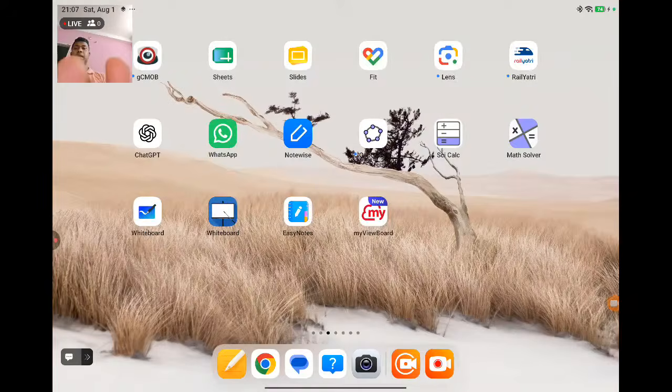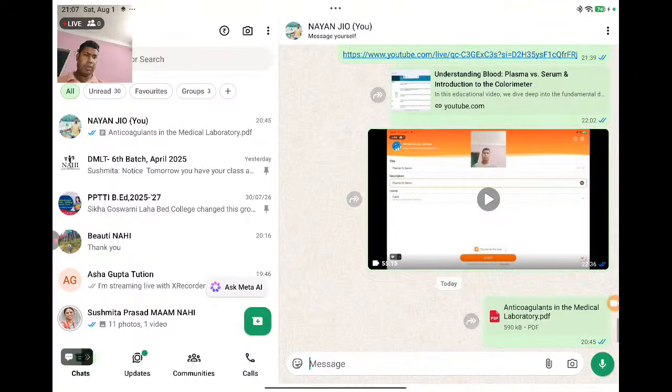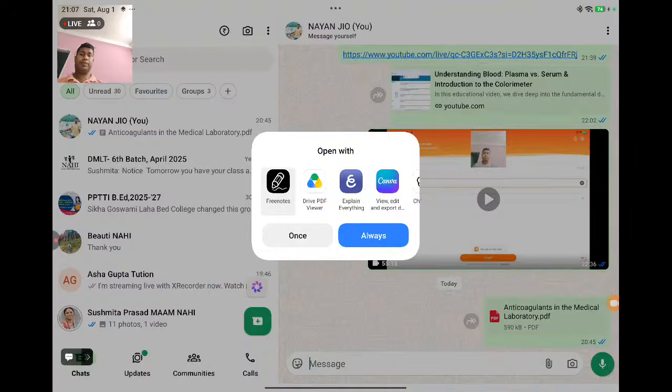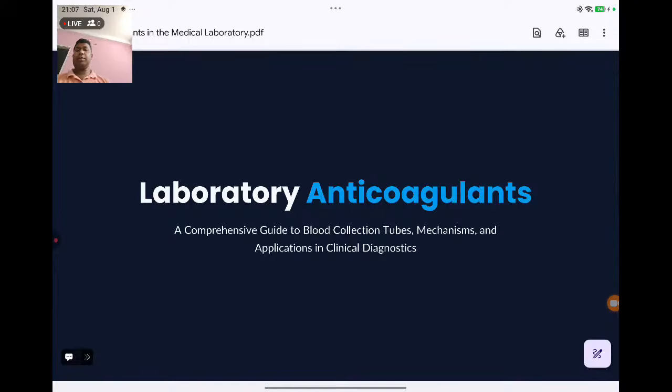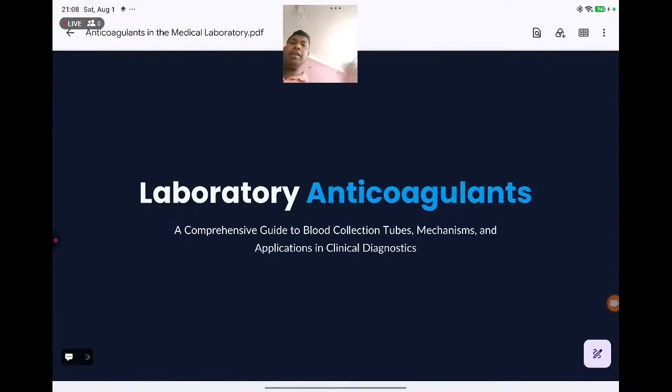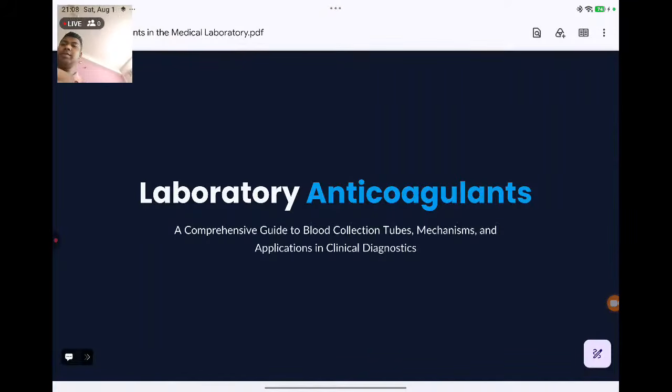Today we will study about anticoagulants which are used in medical laboratories. I will give a complete explanation of the anticoagulants which are used in medical laboratory. Okay,